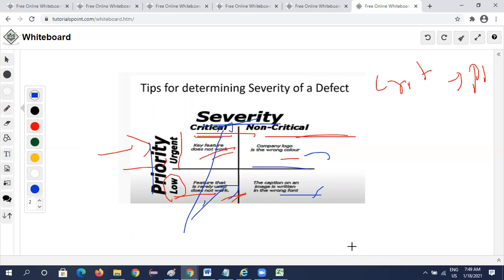If the system is getting crashed in a module that is very rarely used, where nobody goes, then severity is high but priority is not that much. When you see the logo, priority is high but severity is not that important. If it is a caption or spelling mistake, that is low severity, low priority.